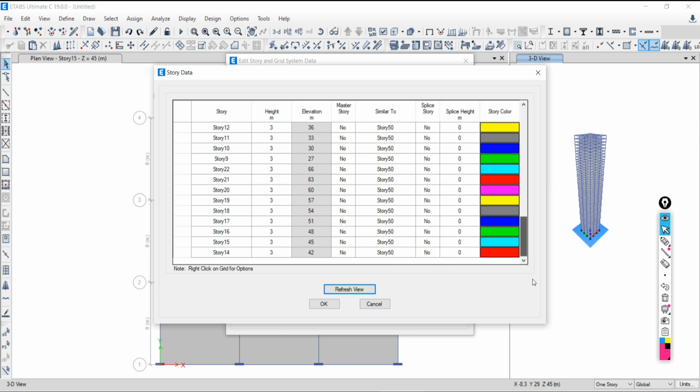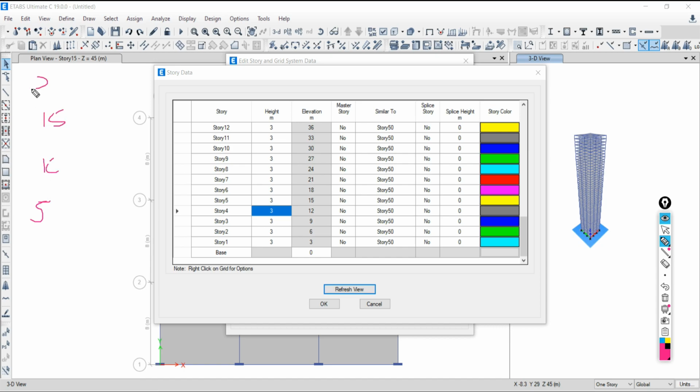Yes, sir. Now next is what? Master story. That's the main point. As we have taken the example, your fifth, 10th, 15th, 20th and 25th, these all 5 stories are similar. So any one of them we have to make the master story.